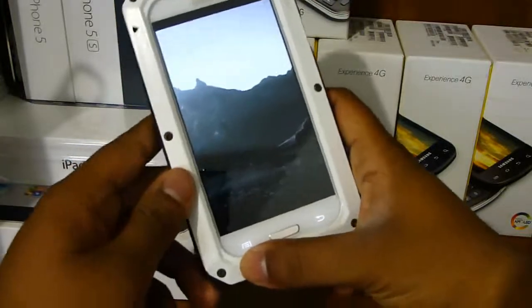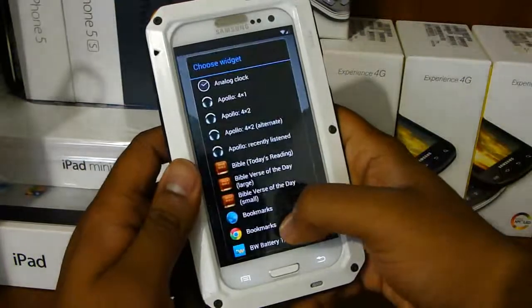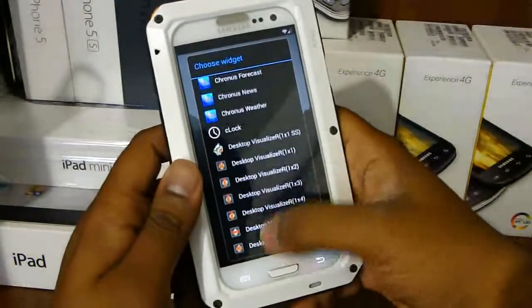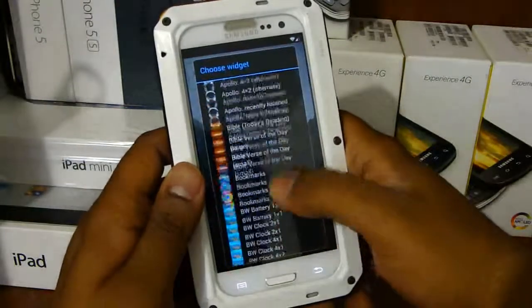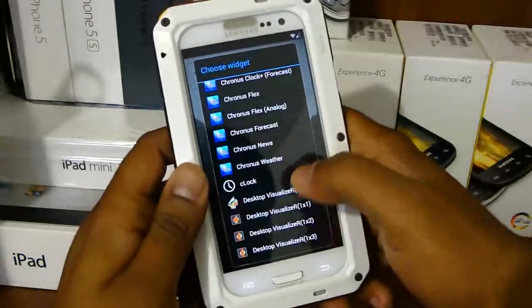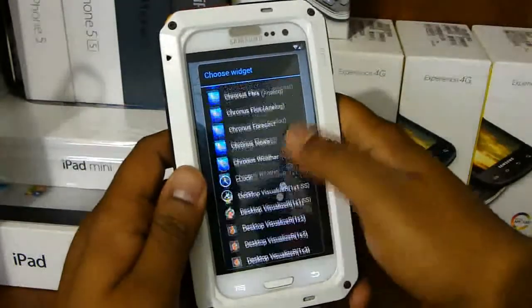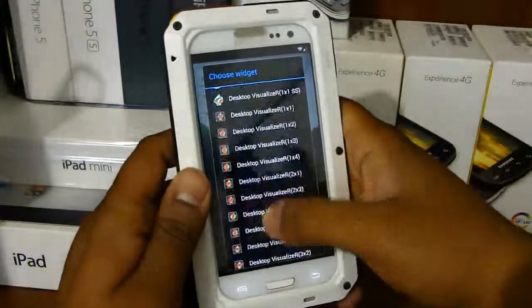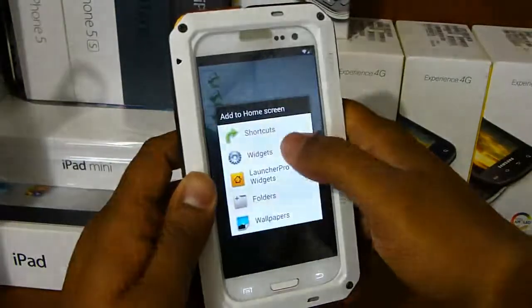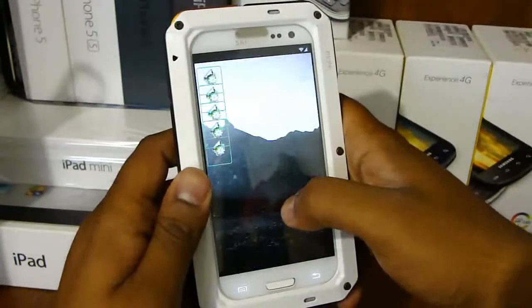What we're going to do right now is add 9 desktop visualizers. So I'm going to add 9 desktop visualizers, 1x1 size, on my home screen right now, so you don't have to place them anywhere. I think this is the easiest way, just long pressing on it, widgets, scrolling down to wherever desktop visualizer is for you, and again, do this 9 times